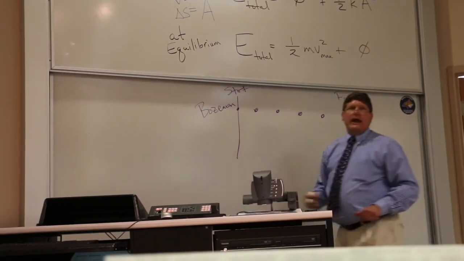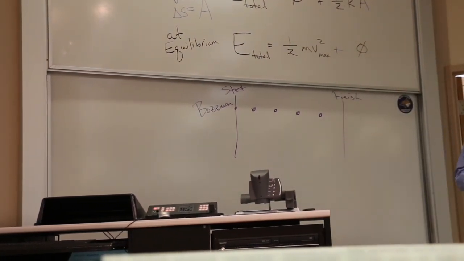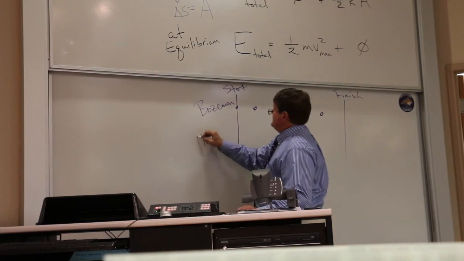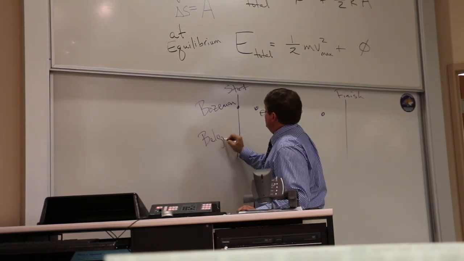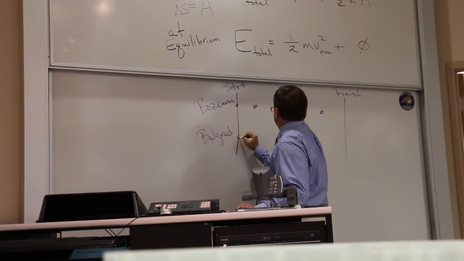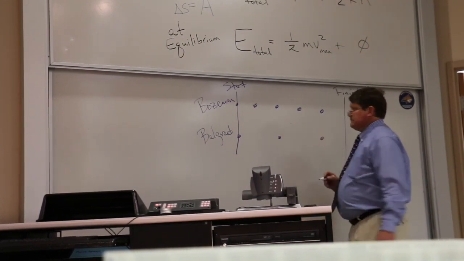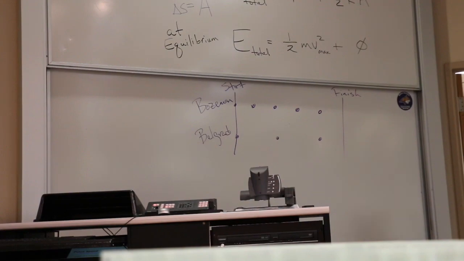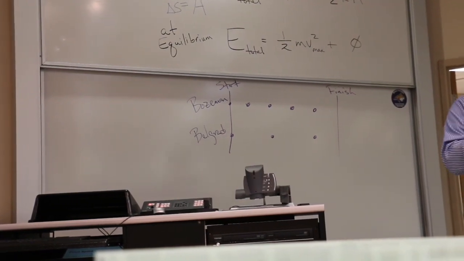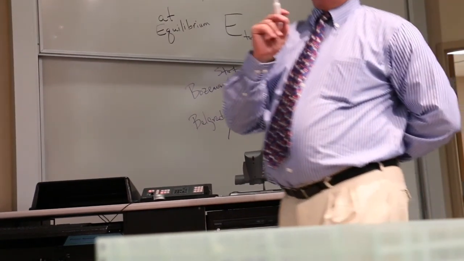And they just run and hand off the baton. Belgrade, not so many runners. Okay? But if we make the assumption that all the runners on both teams have the same average speed,